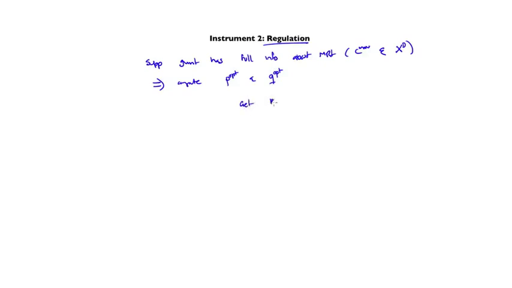And the idea is the following. Suppose that the government has full information about the market. So in particular, it knows the cost function of the monopolies and the demand function. Then it can compute the optimal price and the optimal quantity. And don't be confused, the optimal quantity is obvious. What I mean by the optimal price is the marginal benefit of the last unit, or the optimal unit. Okay, then the government can get the Pareto optimal allocation